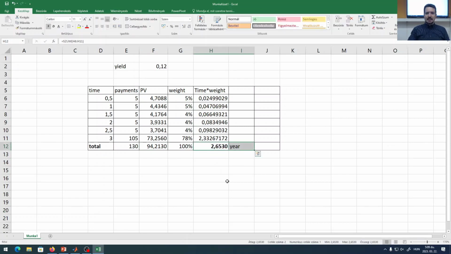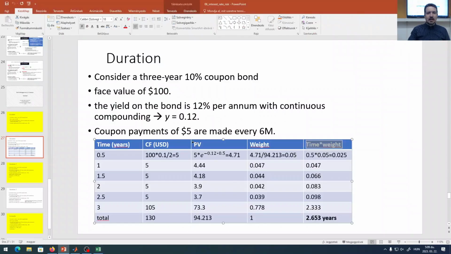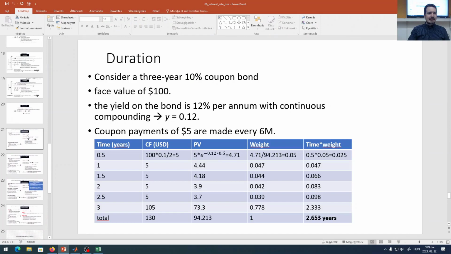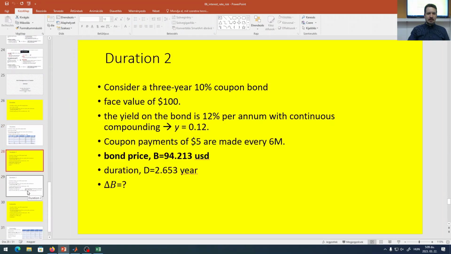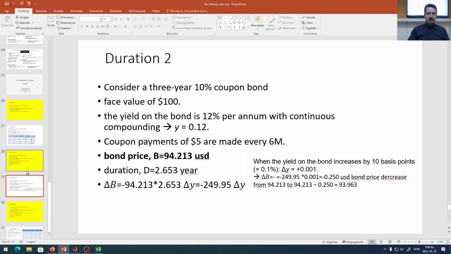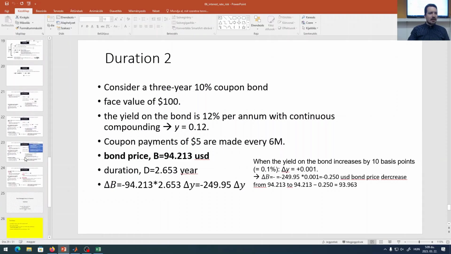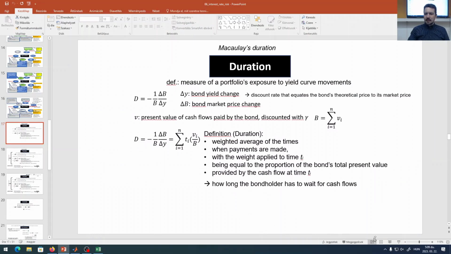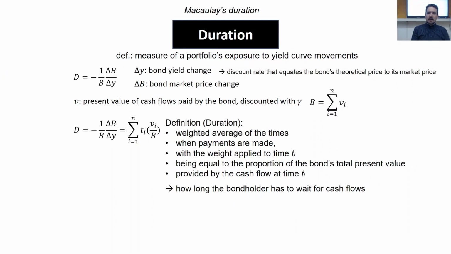And now we can see that this is in years, and they are the same. Okay. This will be the next step, but right now let's go back to duration. So practically it gives us that